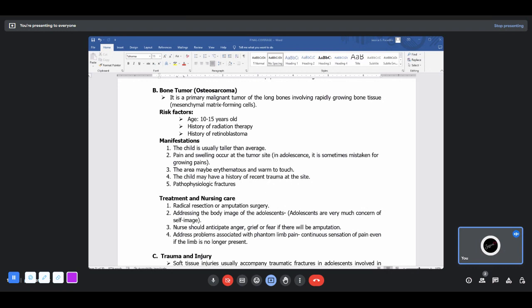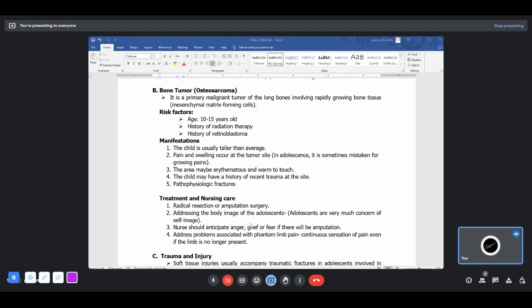In adolescents, it is sometimes mistaken for growing pains. The area may be erythematous, this is the abnormal redness, and warm to touch. Also, the child may have a history of recent trauma at the site. Another manifestation is pathologic fractures. So for the treatment for bone tumor, we have radical resection or the amputation surgery, puputulin kung